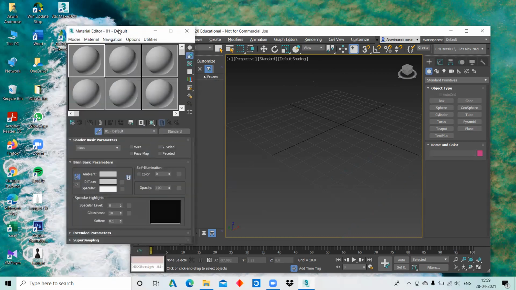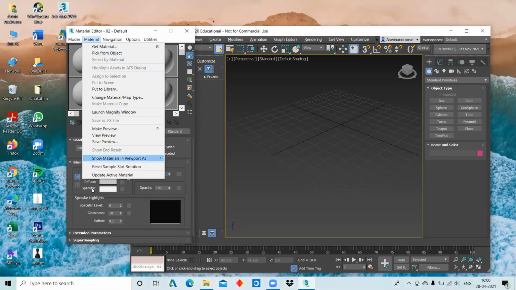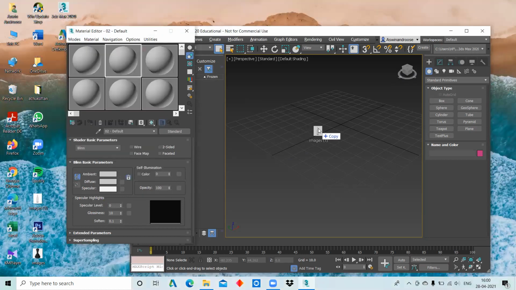It's a material. Drag and drop the bottle image on the material, any of the spheres. You cannot assign that material on the empty background. Drop it on the sphere material, not on the viewport.